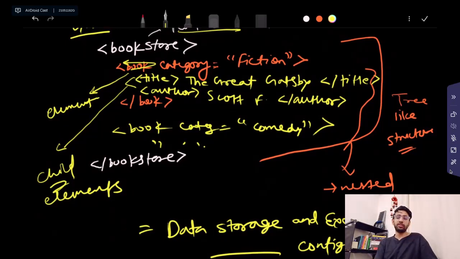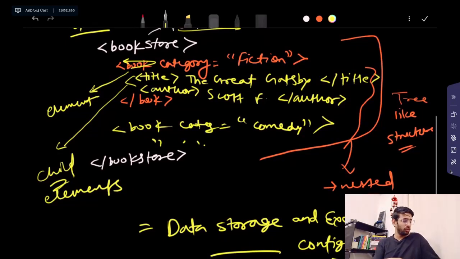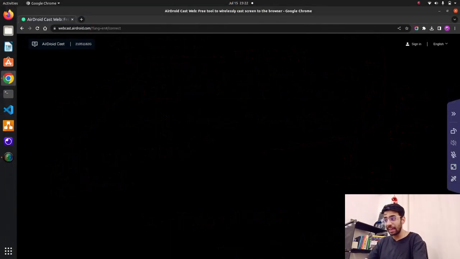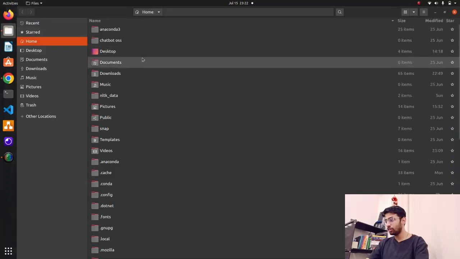Now let's jump in and write some code. Enough of explaining theory here, but I hope you understood. It's based on RAIL, which is Reliable AI Markup Language. Let's jump in and create something, guys. Let's write some code here.